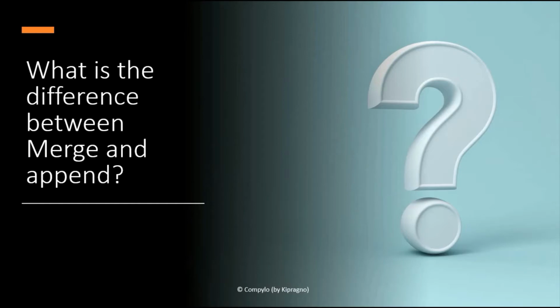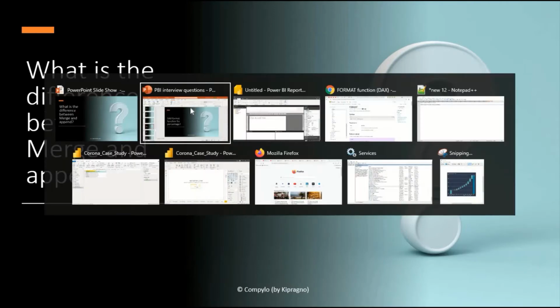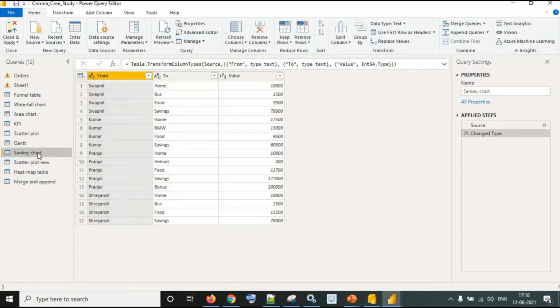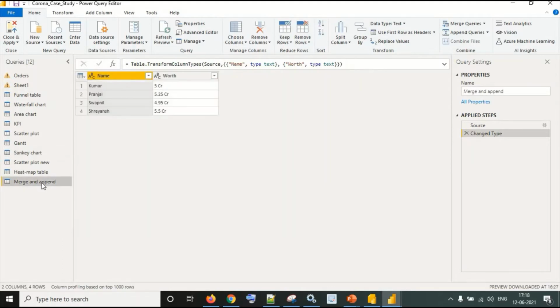Okay, next question is: what is the difference between merge and append? To answer this, I have opened Power Query for you. There is a table with the name and a column which has worth. Similarly, I have another table which has values like from and to value. Now say I want to merge them.